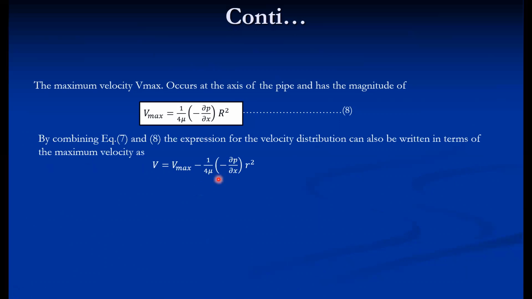so local velocity, if we combine with maximum velocity and rearrange, we get Vmax minus the remaining term. Instead of this term we can put Vmax by r square, and so the local velocity we can write again here, the printing mistake. So consider this as a local velocity. Only putting the expression of 8 in 7, if we combine, we arrive at this expression, that is local velocity in terms of maximum velocity.